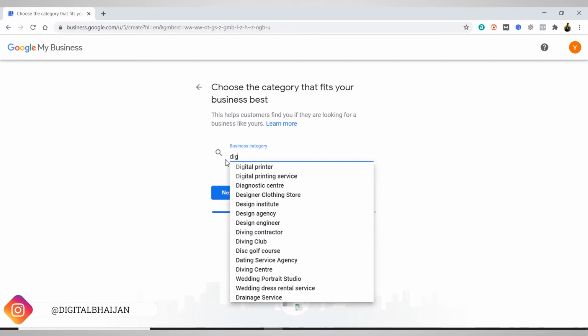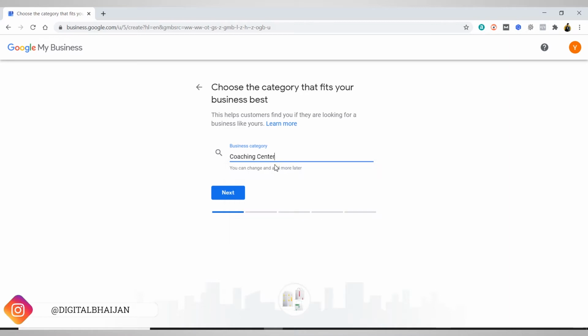If I type digital printer or digital printing services, it will suggest a category. It is really important to select a proper category, otherwise it will be really difficult to rank on Google. Since I am running a coaching center, I will type coaching. Here it is, coaching center, and click on next.